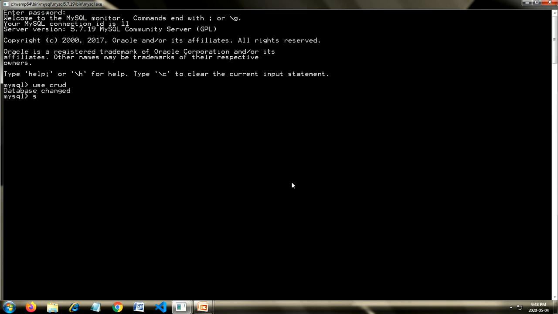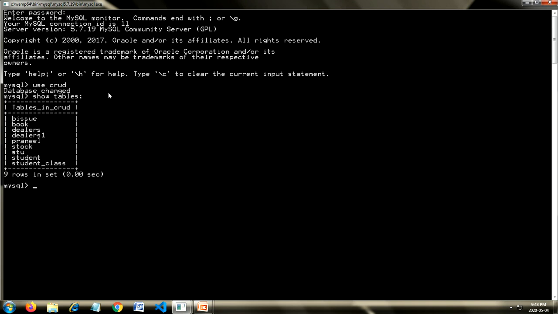There's a table called stock. If I want to see the list of all the tables, I have the show tables command, which gives you the list of all the tables.